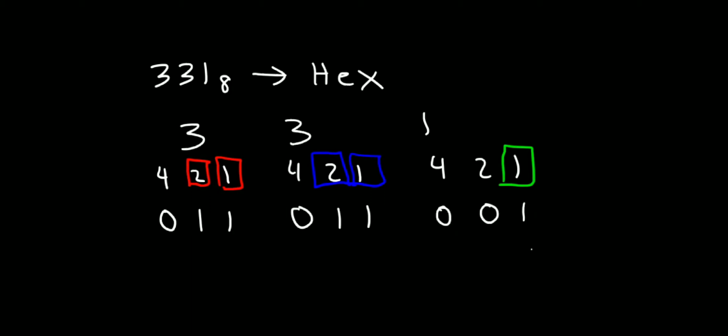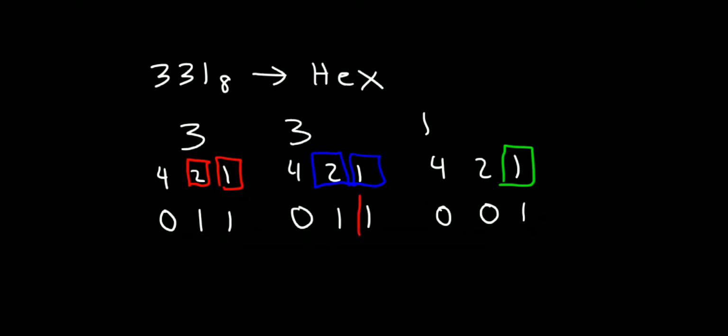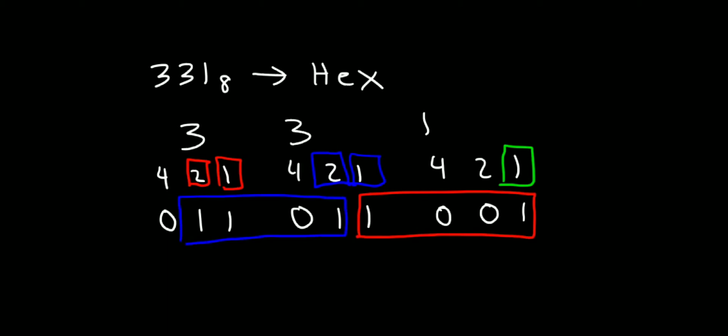With this binary again we will form the group of 4 bits. This you have to remember, 4 bits, means first we will convert the number into binary, then we will again make the group of 4 bits. Now in this red box you can see 4 bits, and then again in the blue box you can see 4 bits.